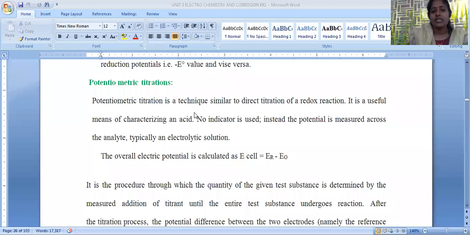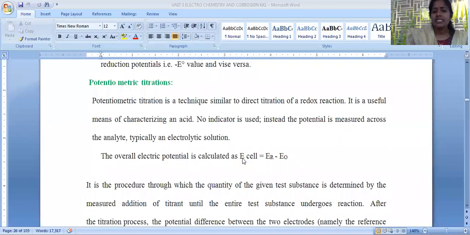Potentiometric titration is a technique where a redox reaction is carried out. We already know a potentiometer is mainly used to measure potential difference, that is nothing but EMF. When the anode and cathode are connected to the potentiometer or voltmeter, it detects the potential difference generated between the two electrodes. One is the oxidation potential, the second is the reduction potential. This difference is measured as the EMF. We use it to determine the concentration of an unknown solution. The total process is called potentiometric titration.